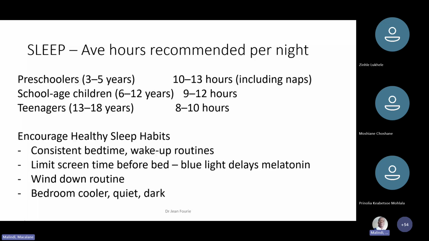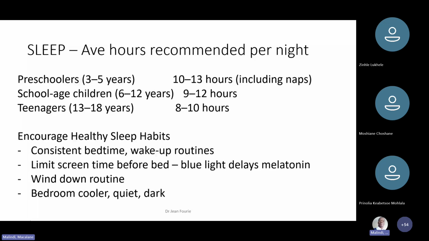So as teachers, what can we do? We can encourage healthy sleeping habits in the children that we are teaching, and if we are in a position to consult with parents, we can consult regarding the routines of sleeping and waking up, and one's routines should be consistent. There should be a consistent wake up and sleep time so that the body is able to stay in